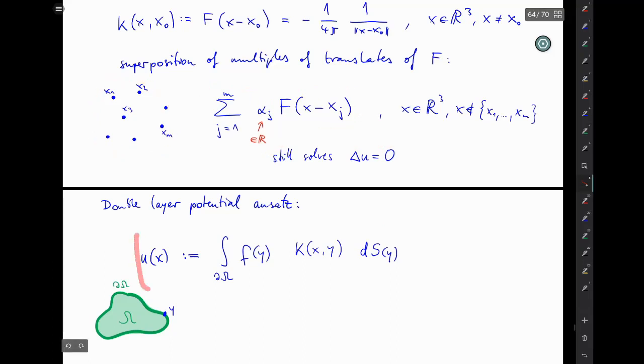And in fact the name for this is single layer potential. But for some reason we want the double layer potential, and for the double layer potential you do one more slightly crazy thing. You take the derivative of your kernel function into the direction of the normal vector at point